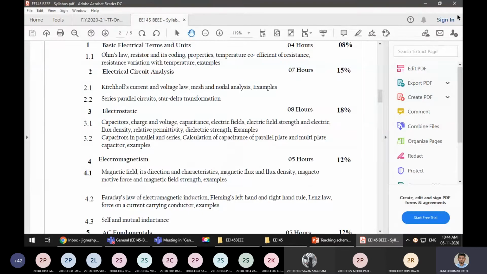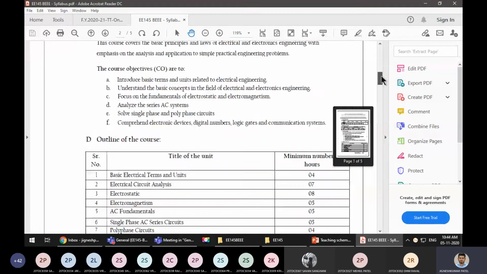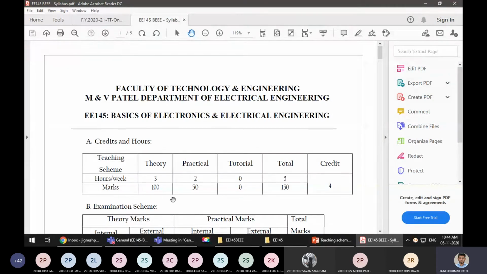We have already completed this: what the parts of the syllabus are. You have the knowledge of how the examination would be conducted, what the marking scheme is, and what the various exams or tasks are that you have to complete to get these marks.